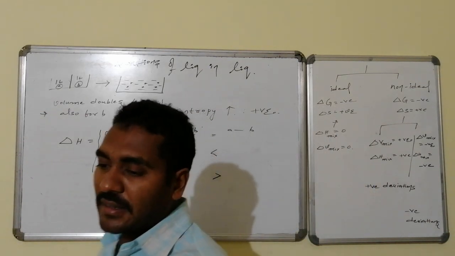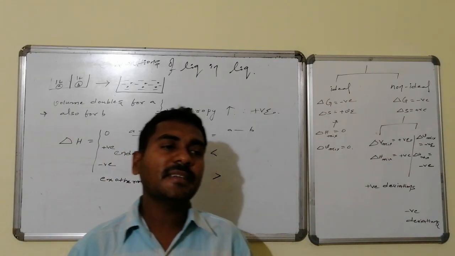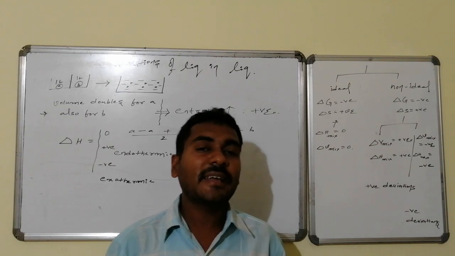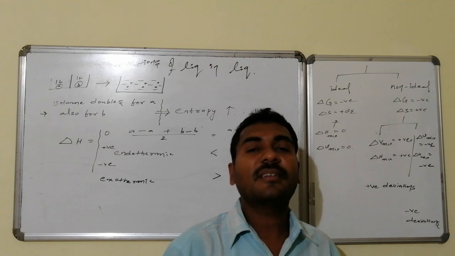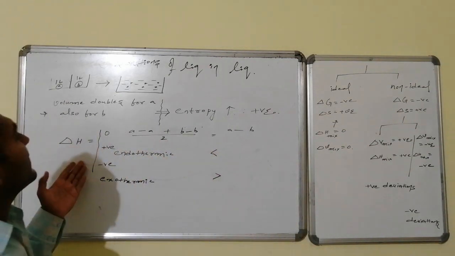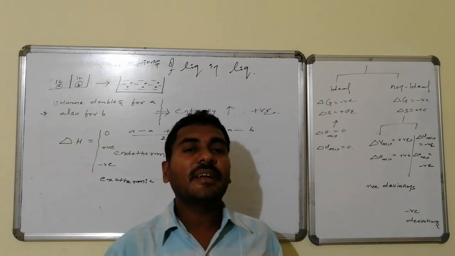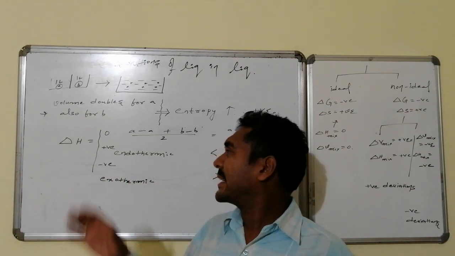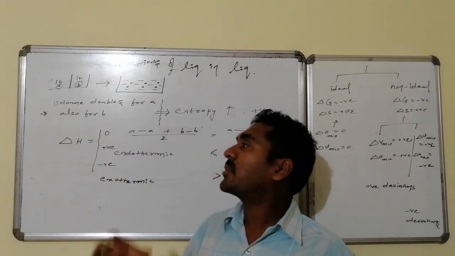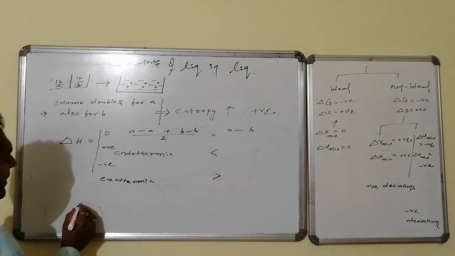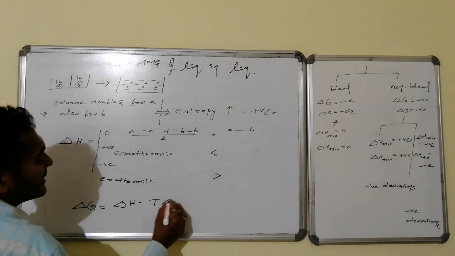To say it is a spontaneous process, we have to look at delta G. Delta G is delta H minus T delta S. Then how many varieties of delta H will there be? Let us have a look. Delta H of mixing can be 0, positive, or negative. It can be anything, but delta S dominates delta H. So as an overall result, what will delta G be? Delta G is equal to delta H minus T delta S.